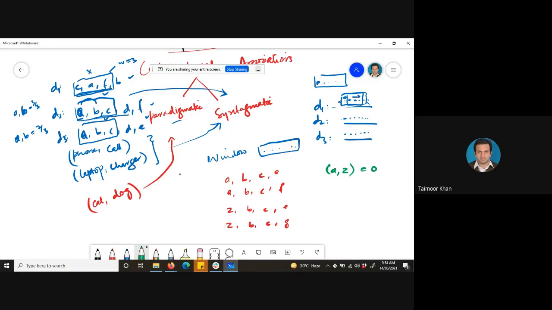But there is another kind of relationship between A and Z, and that is having a substantial overlap in their